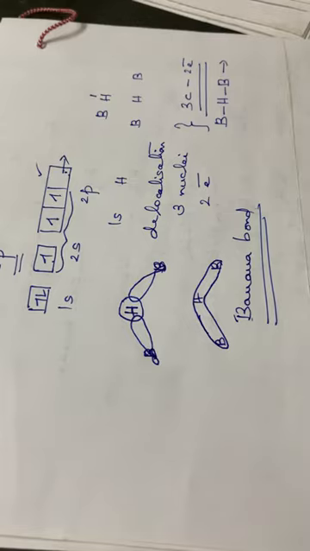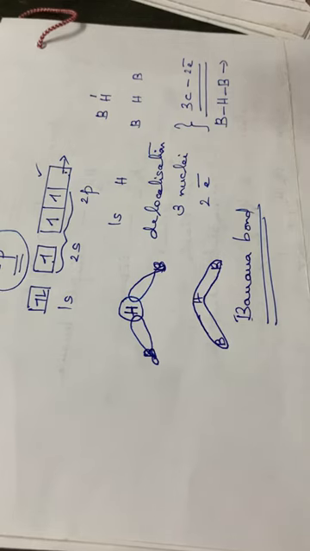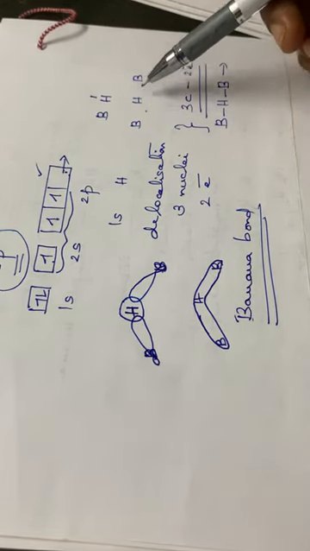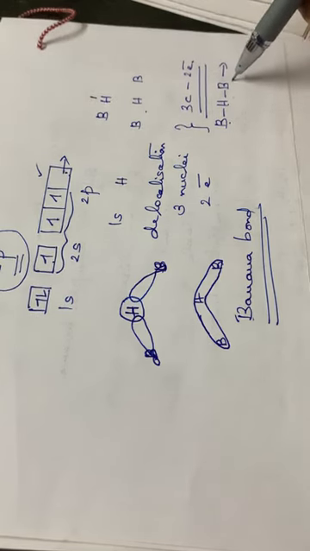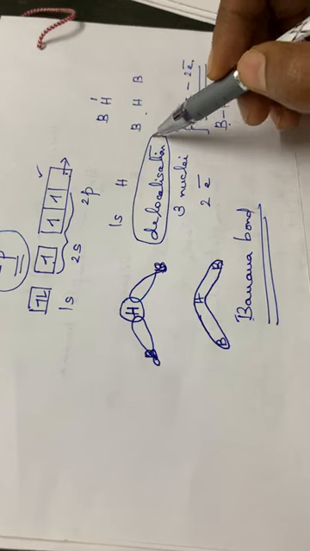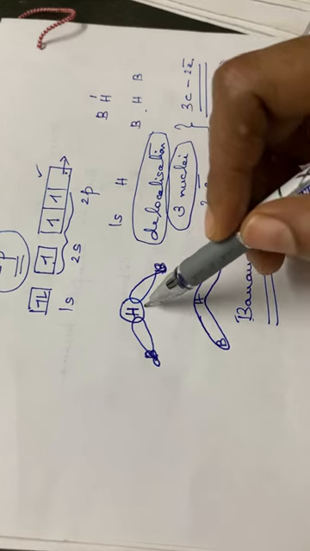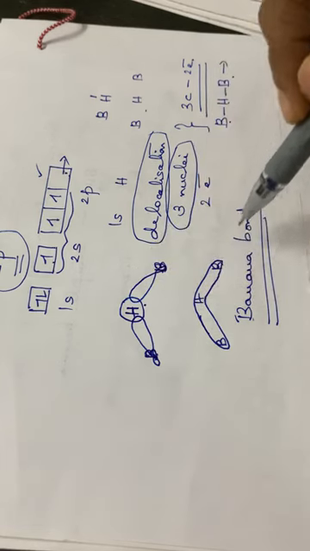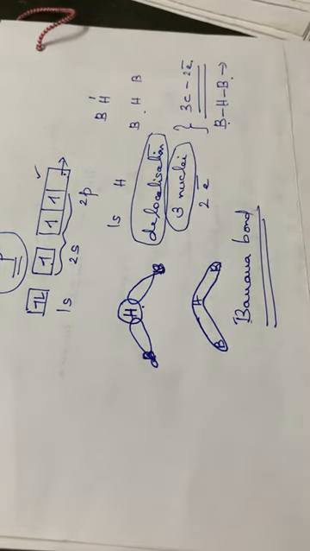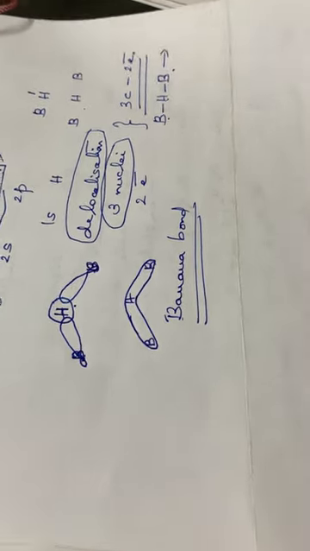You have to study this structure, and also the boron atom has sp3 hybridization. The sp3 hybrid orbitals of the boron will be overlapping with the 1s orbital of the hydrogen, so that a 3 center 2 electron bond is formed. As a result, a BHB bond is formed. Delocalization of the electrons takes place here, and the electrons are shared between the 3 nuclei, that is 2 boron atoms and 1 hydrogen atom, and 2 electrons are shared between them. Hence it will have the shape of a banana, and it is called a 3 center 2 electron bond. Okay, it is very important. You have to study the structure of diborane.